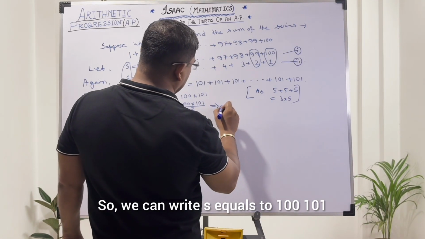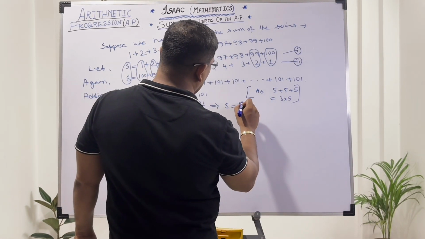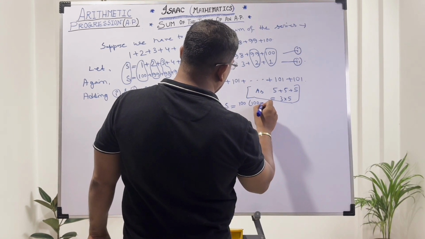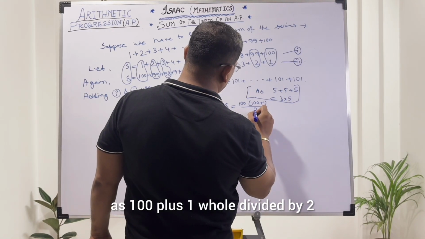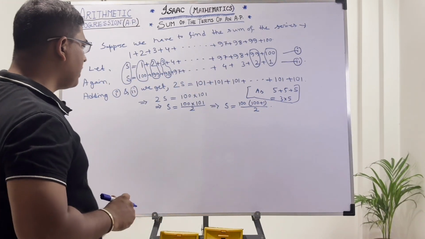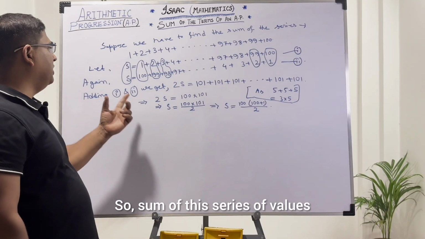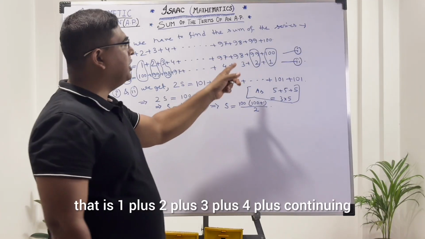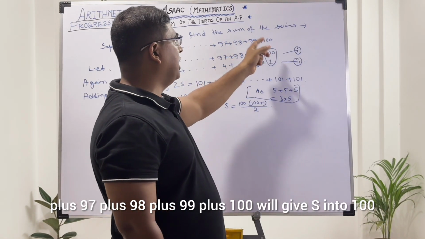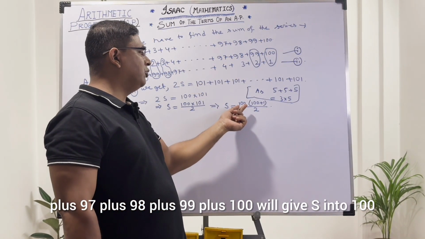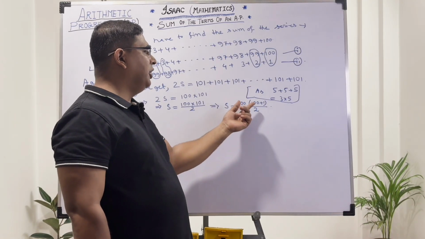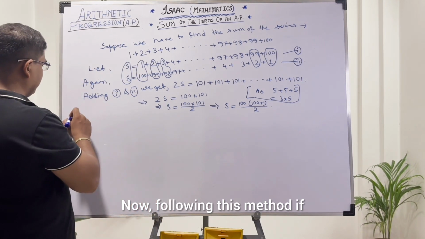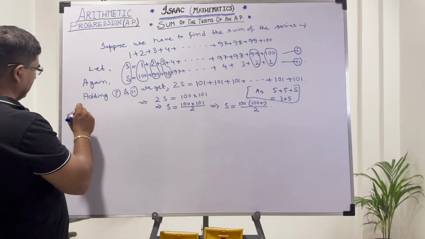So we can write S equals to 100 into 101, as 100 into 100 plus 1 whole divided by 2. Okay. So the sum of this series of values, that is 1 plus 2 plus 3 plus 4 plus continuing plus 97 plus 98 plus 99 plus 100, will give S equals to 100 into 100 plus 1 whole divided by 2. Now following this method, if there is an AP,